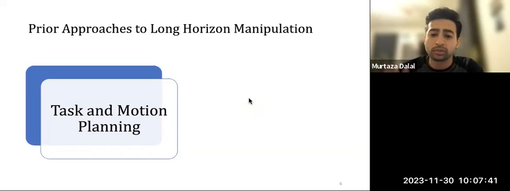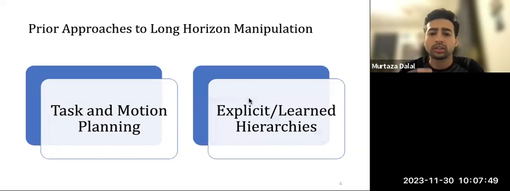On the other hand, from the learning community, people have approached long horizon robotics via the use of hierarchy. Hierarchy makes use of options, scene or task graphs, or explicitly designed transitions to address long horizon manipulation problems. Work on dynamic or probabilistic movement primitives also falls into this sort of category.